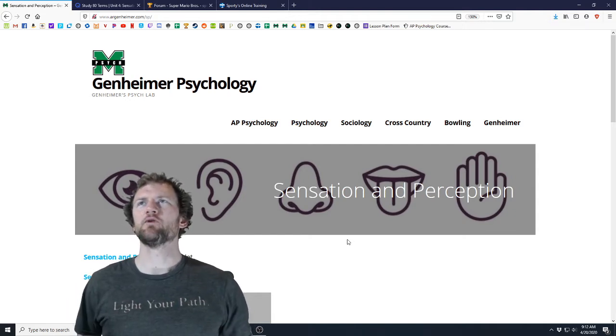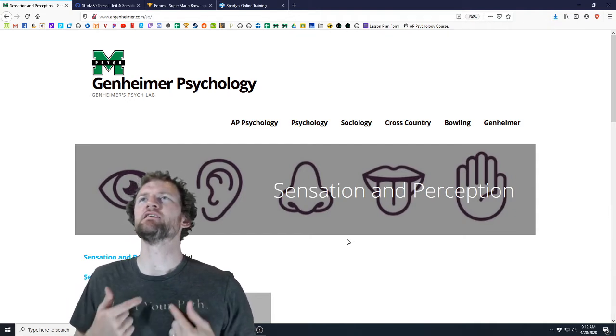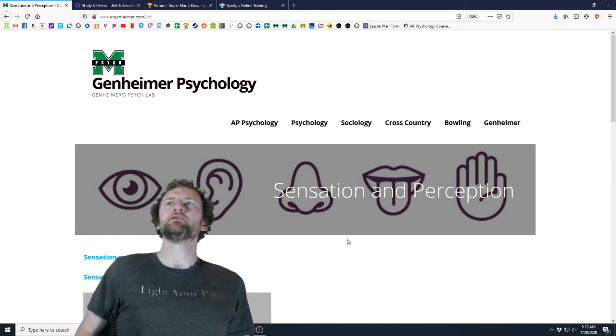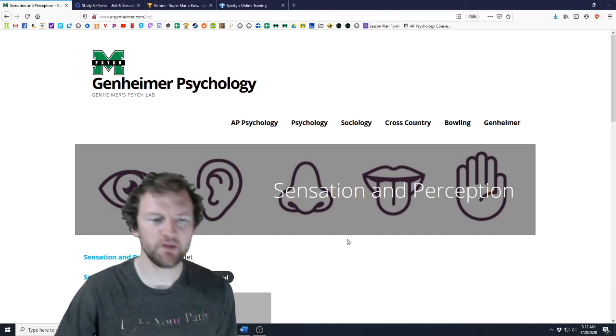Also, you can see I wore my Light My Path McGinnis shirt, and the Light My Path is in green, so you can see through it. That was kind of funny. Anyway,